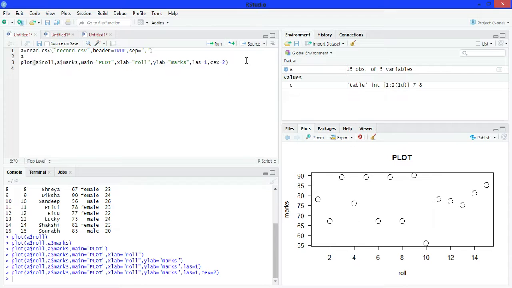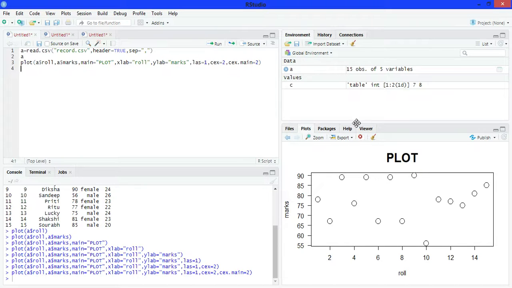If we want to increase the size of this main, meaning the name of the graph, then write here CEX dot main is equals to 2. Now run. See, the size of plot has increased now.